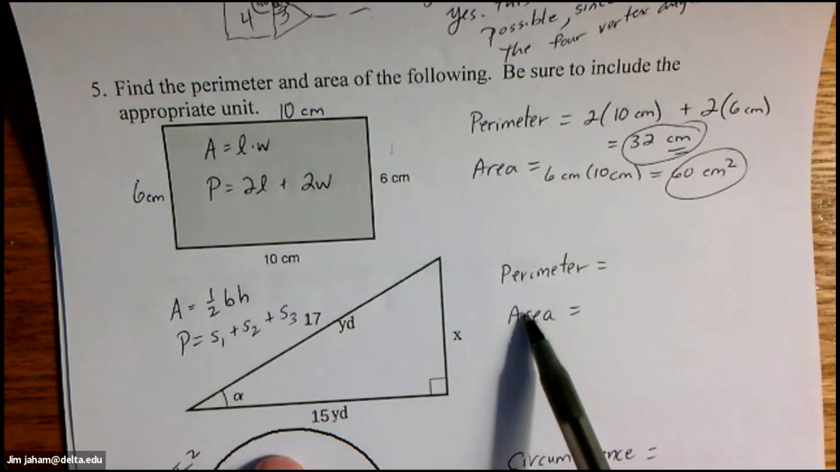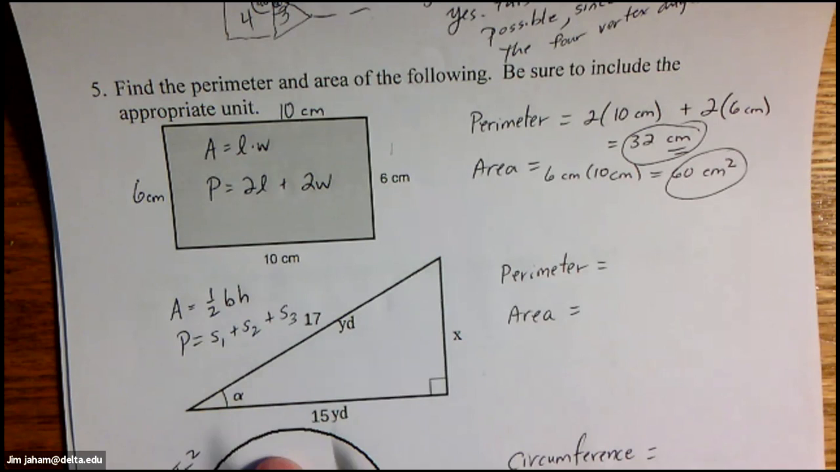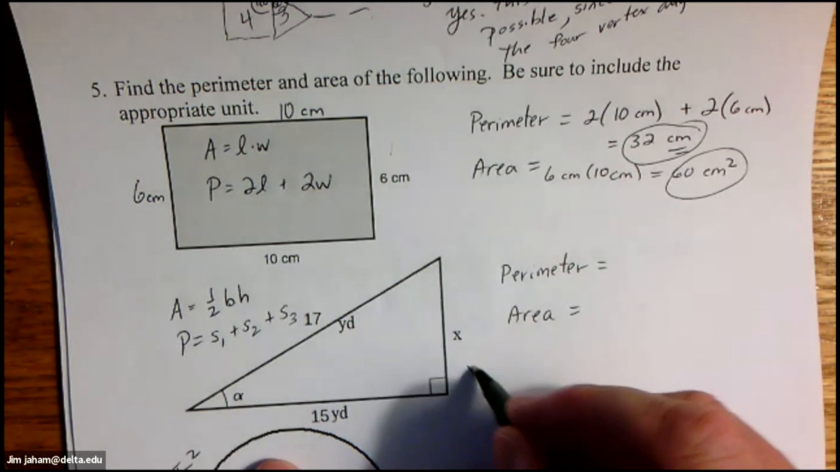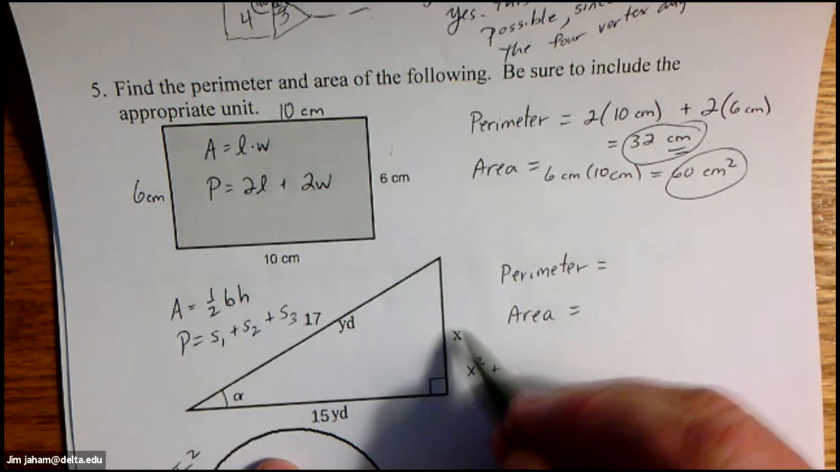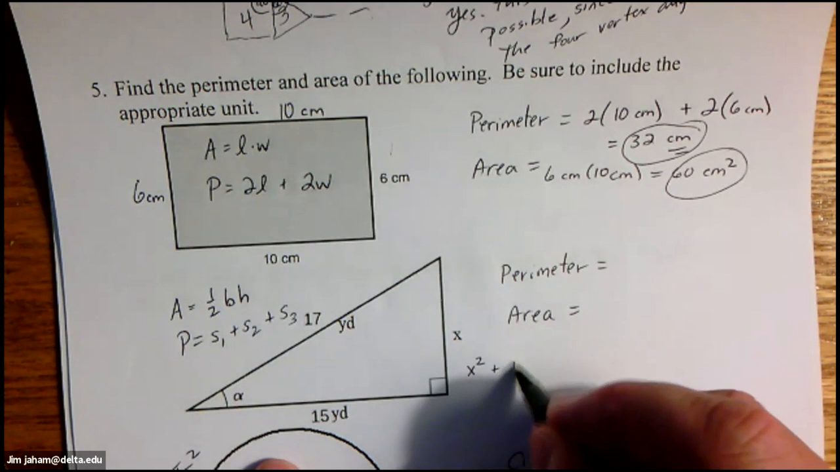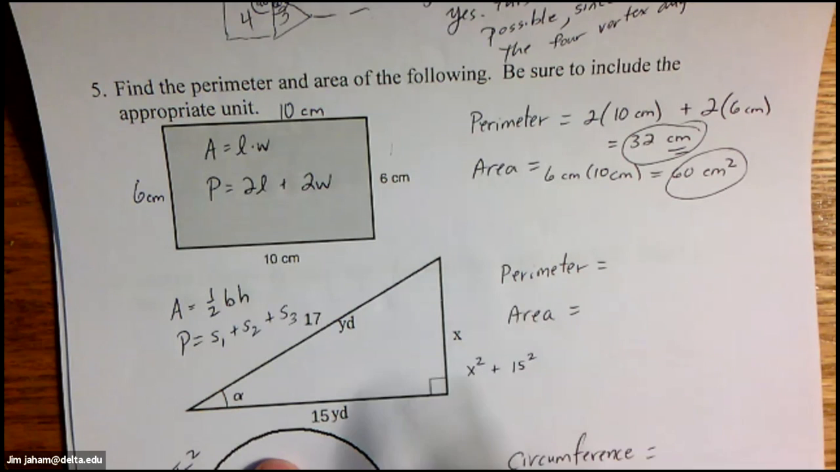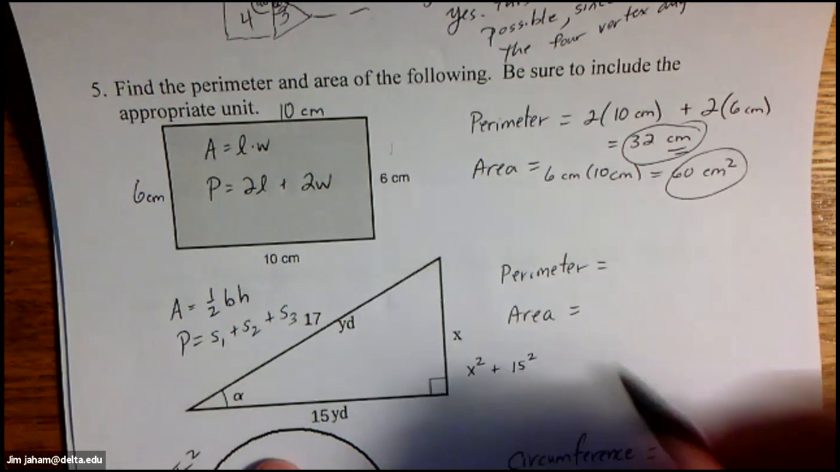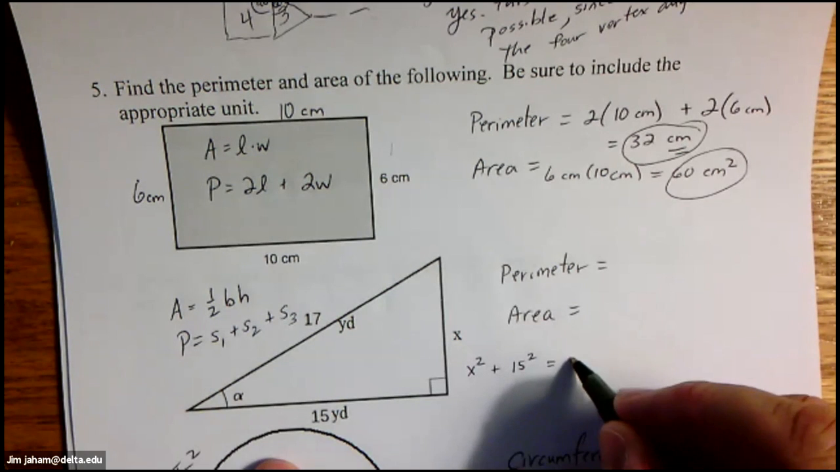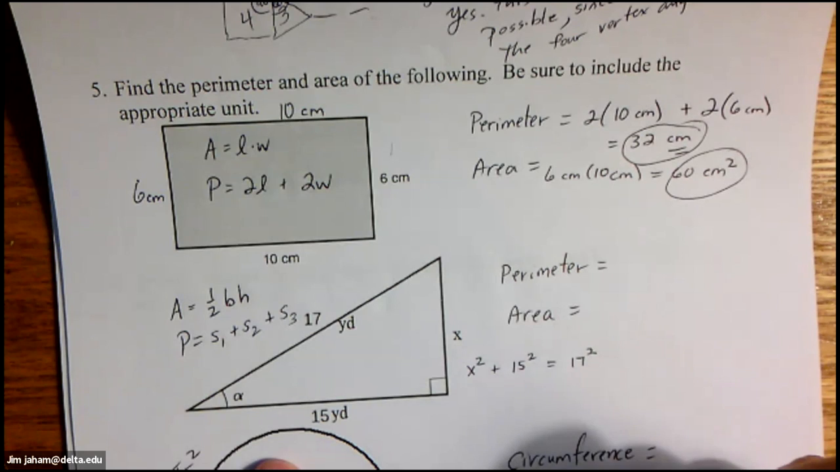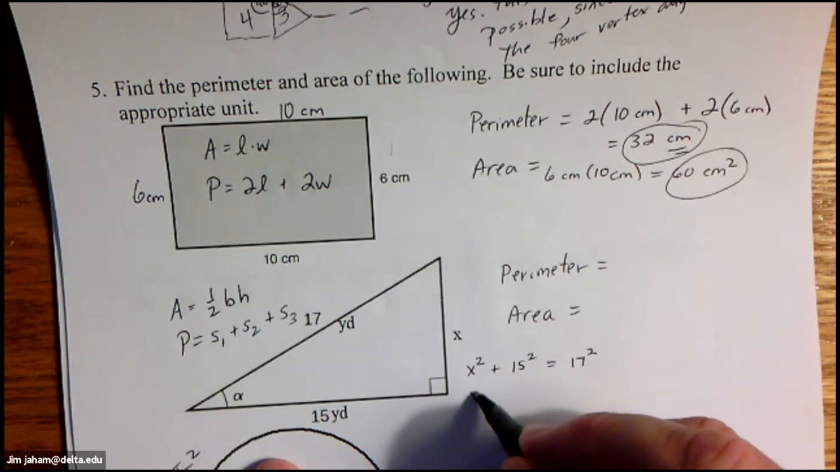In order to find the perimeter and the area of this right triangle, you need to find x. And so you know 2 of the 3 sides, so you can use the Pythagorean theorem to find x. Square the smallest side, and then square the other smallest side. When you add them together, you have to have the square of the hypotenuse. So solving this equation for x,